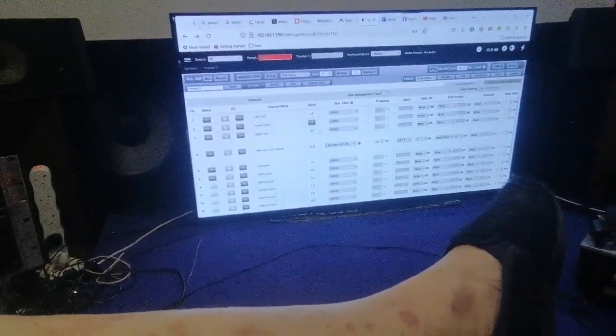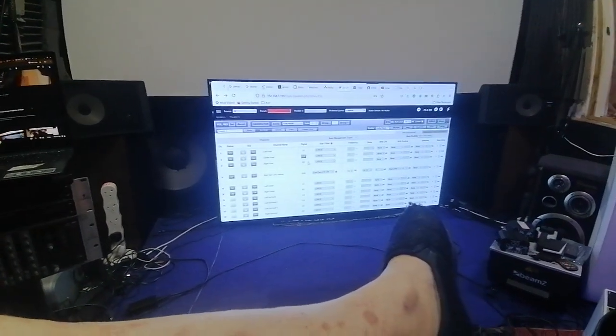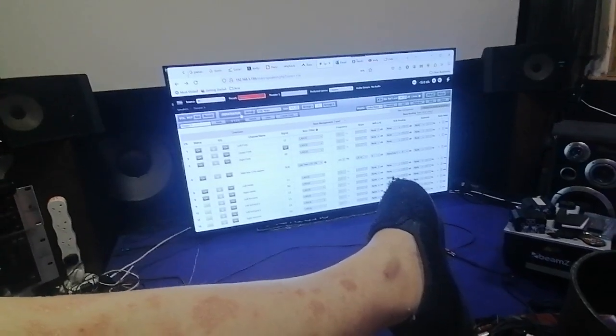And you've got some bullshit center widespread that's completely useless. There it is on the screen down there, on the highlighted. It's CF, you know. It's totally useless. What I've noticed doing tests tonight, and what I've